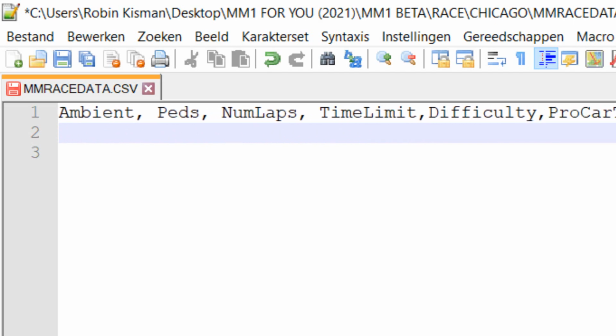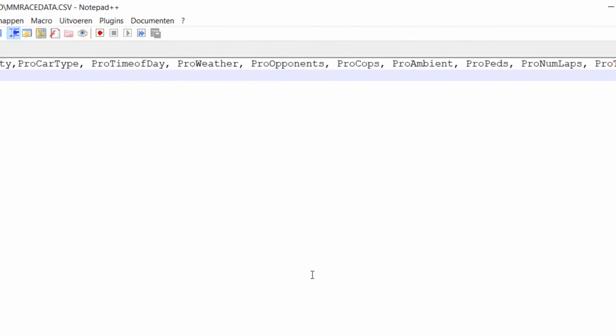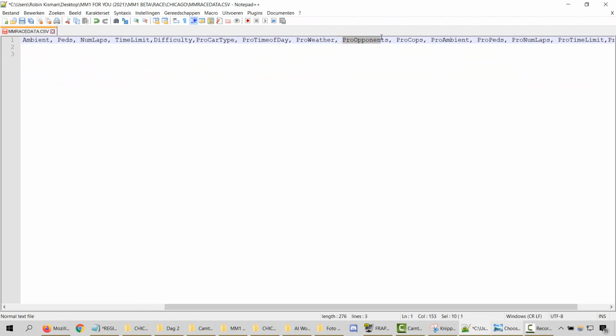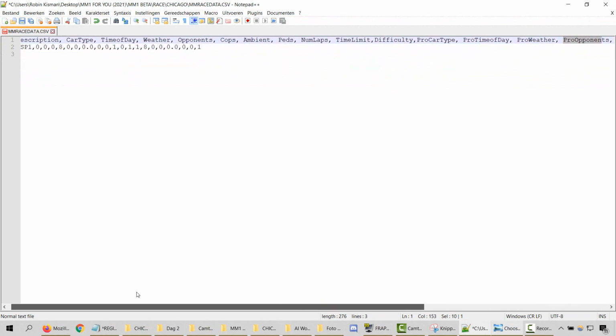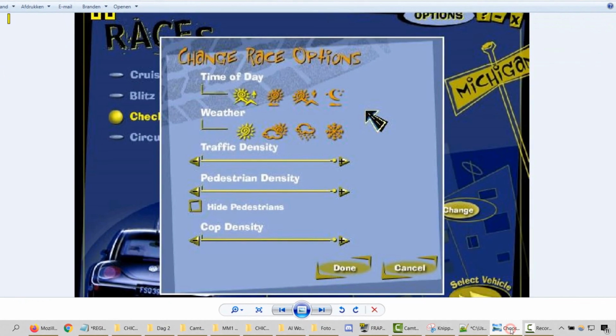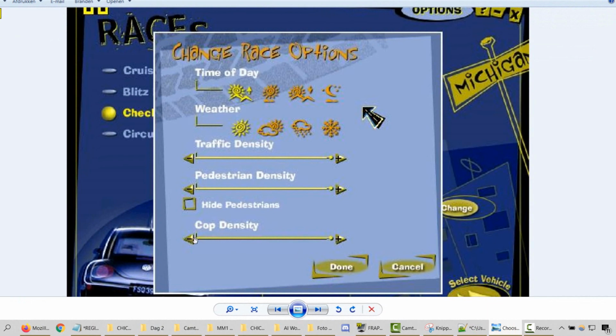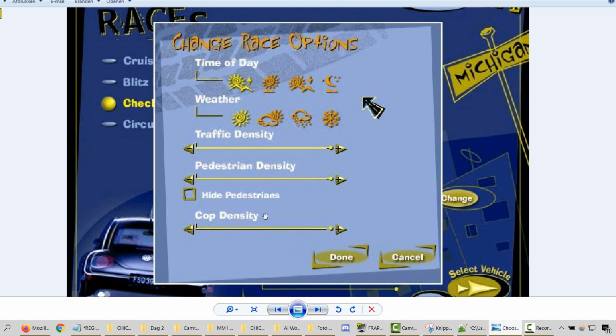So what more things are interesting for us. Now we have pro opponents, and we move to the right. There we see pro cops. So pro cops will actually do the following: if you put 1, this bar will be full, and if you put 0.5, it will be half. What I recommend is if you want to put cops in your race, then you just put this value to 1,